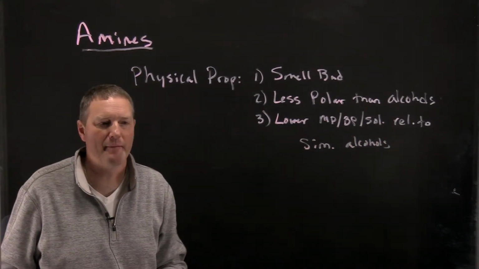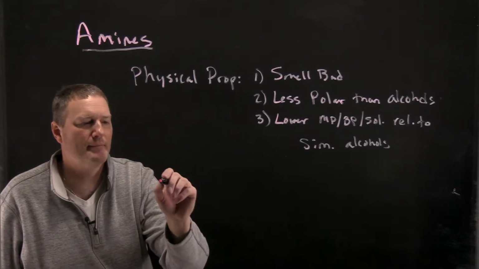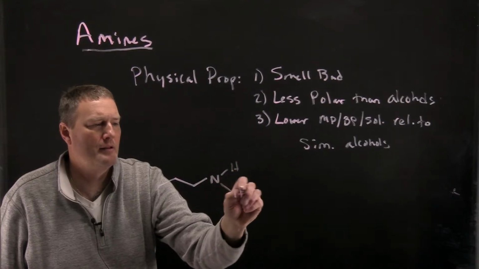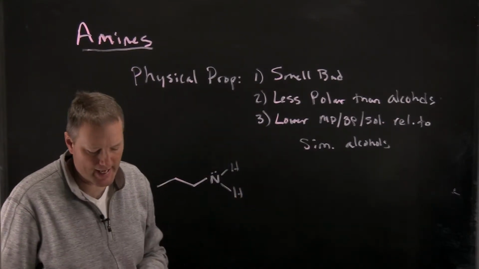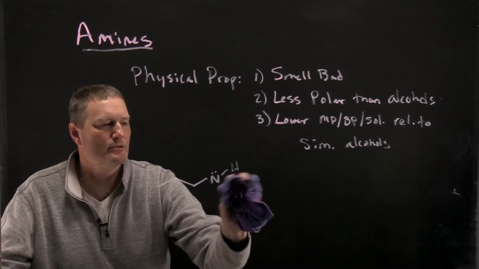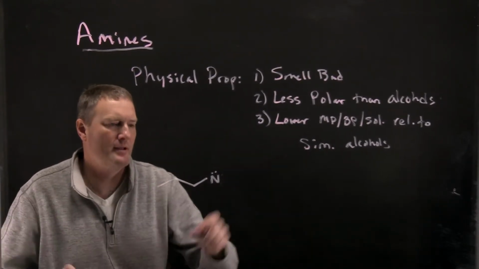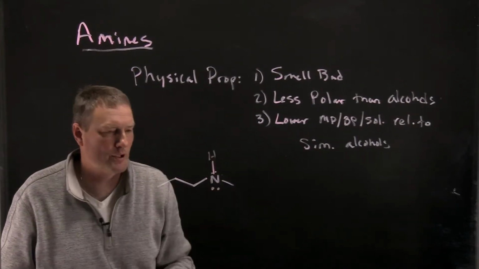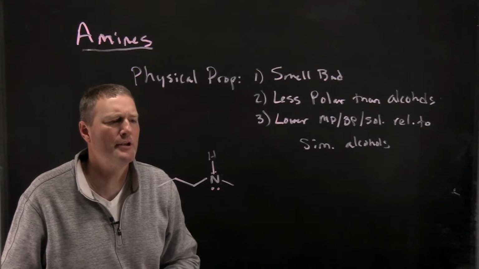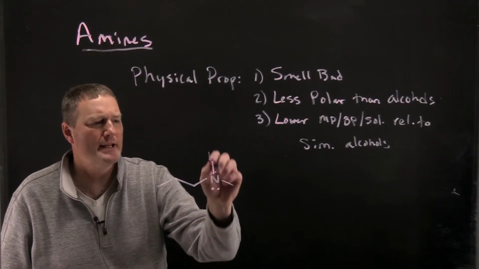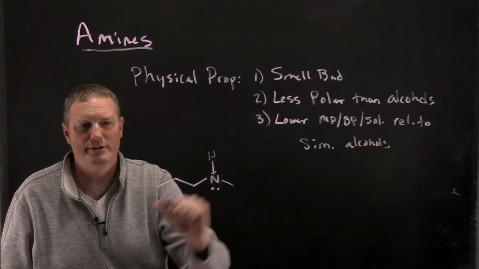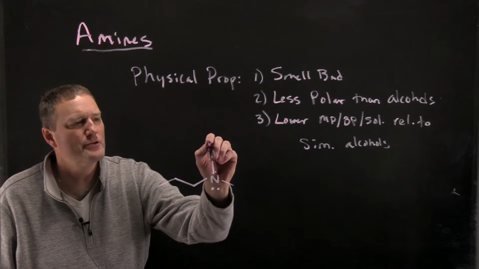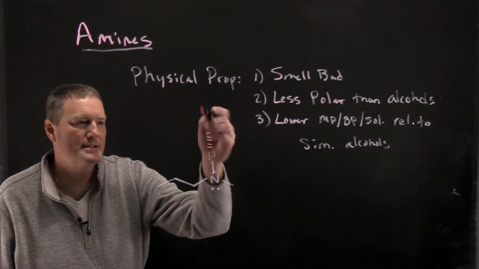Let's take a look at why that might be. If you look at a simple amine, let's do methylpropylamine, with a methyl group and a hydrogen on the nitrogen. Notice that this hydrogen is attached to nitrogen, so it's not going to be quite as polarized a bond. So when you form a hydrogen bond to, let's say, water,